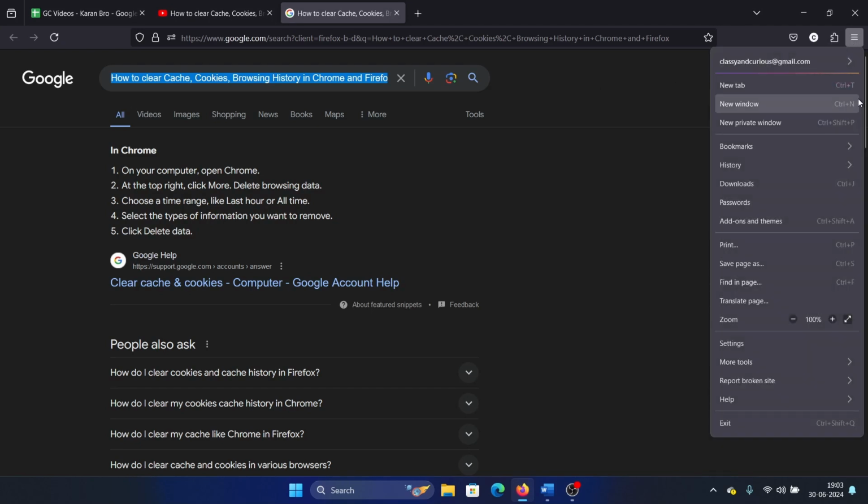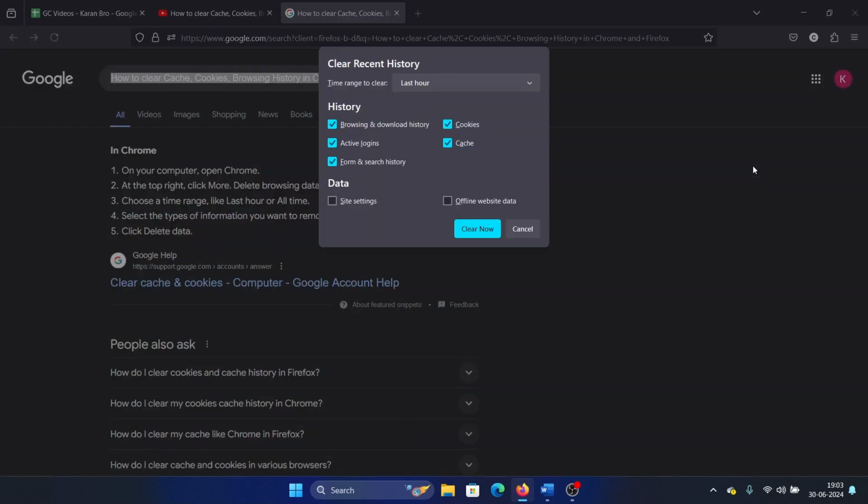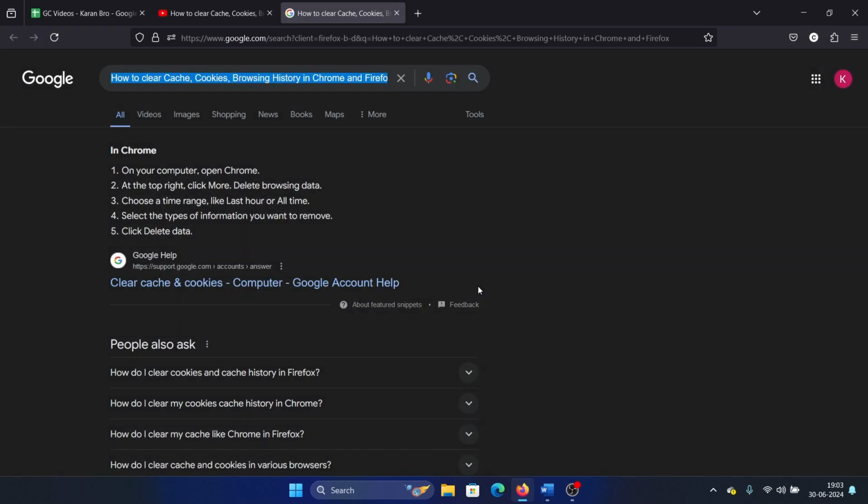Click on this hamburger icon here at the top right corner. Click on history, select clear recent history, change the time range to everything, click on clear now and the job